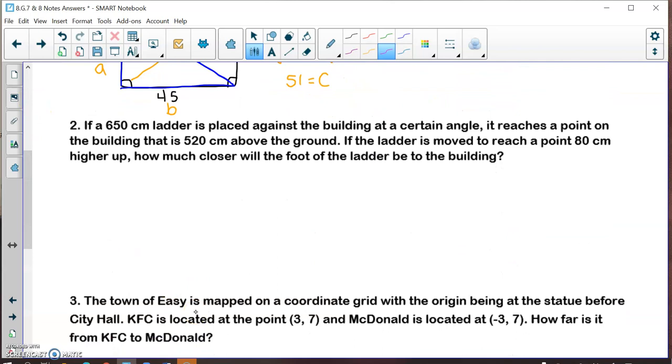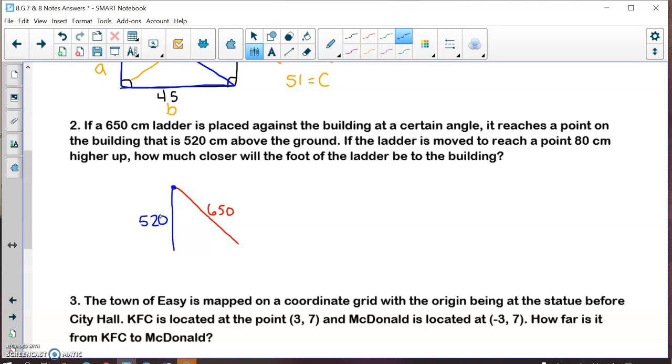If we have a 650 centimeter ladder that's placed against a building at a certain angle that reaches a point on the building that is 520 centimeters above the ground. So for example, here's my building. The ladder is what I'm drawing in red. It's leaned up against the building. The ladder is 650 centimeters, and that ladder reaches up the wall to this point here,